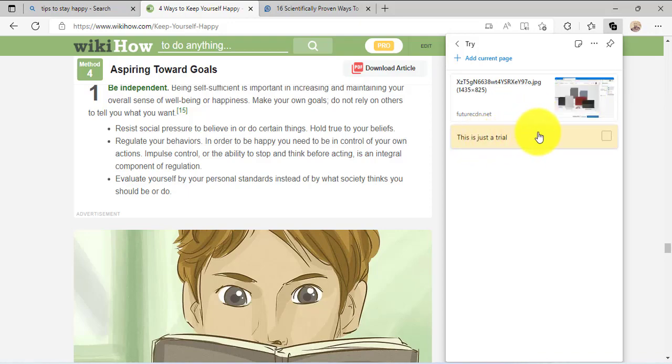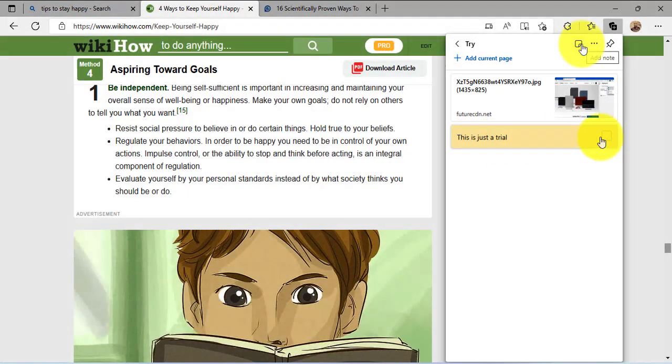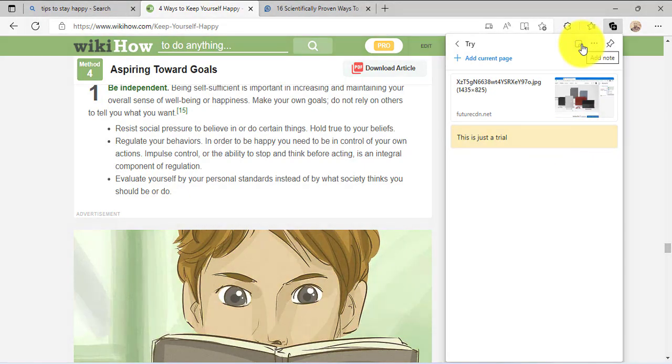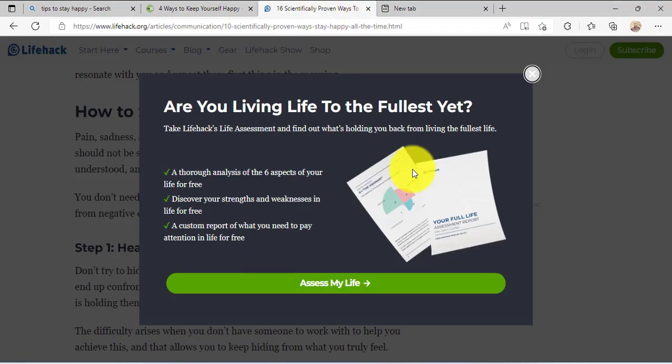I have a small text here. If you want to add a note, this is how you add a note. You write it here. If it's an image, let me Google some image here,